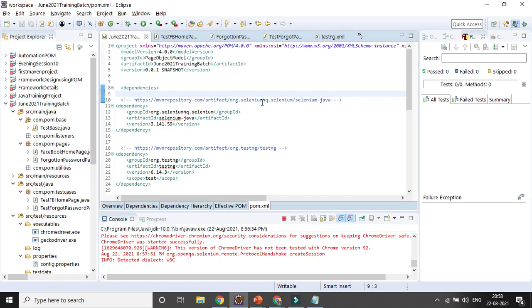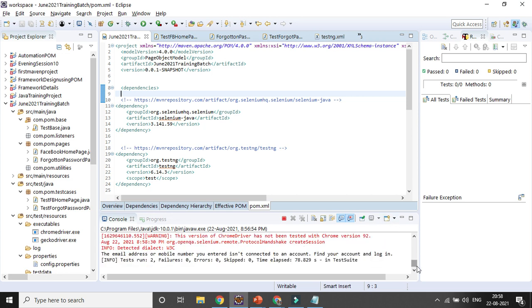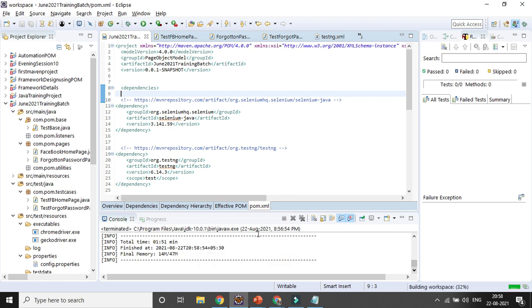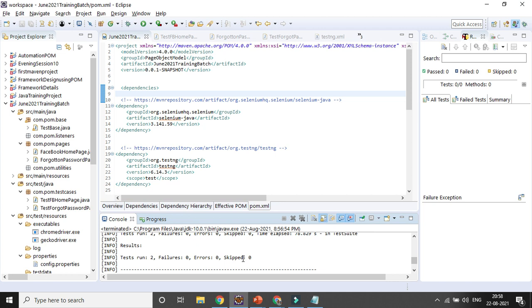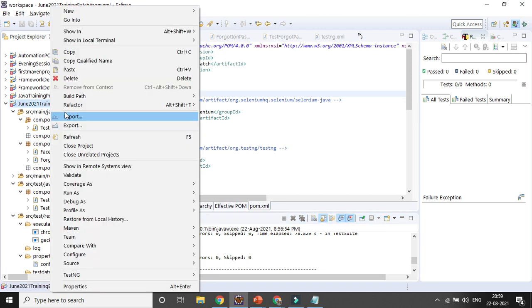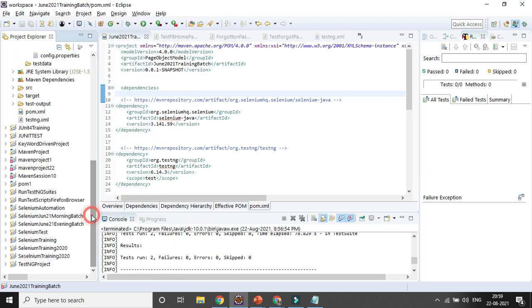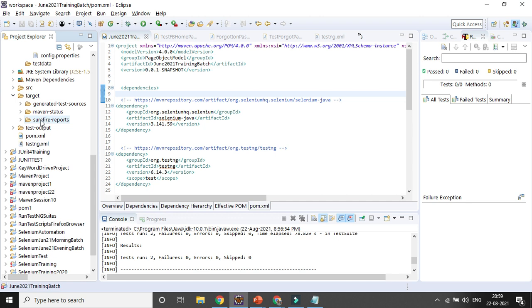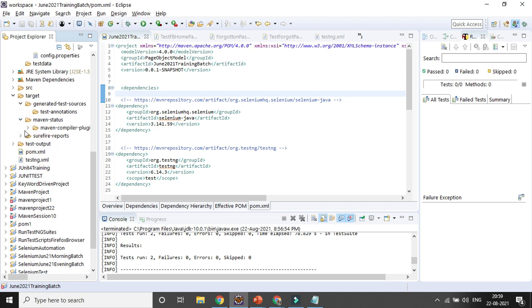Okay, you can see both the test cases got passed here. You can see total number run, 2, and 2 test cases passed. Now if you refresh your project again, you can see there is a target folder generated, and it will be getting some files.